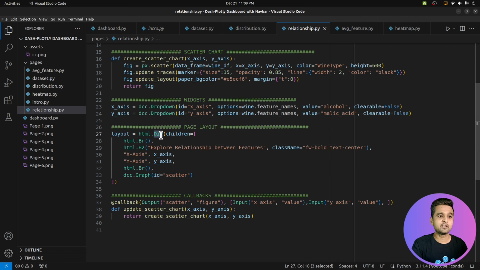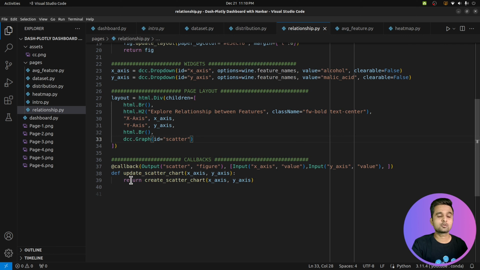First of all, there is a main div. Then I have declared the header. So what is the header of this particular page? Then there are two drop downs, x-axis and y-axis, and then there is a chart. So over here in dcc.graph, the scatter chart will be displayed. And in order to create a scatter chart and update it based on the selected value, I have created this